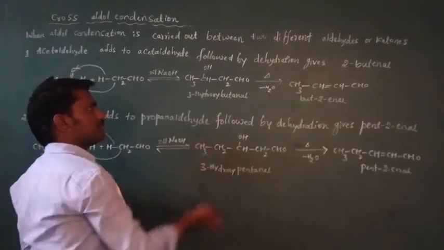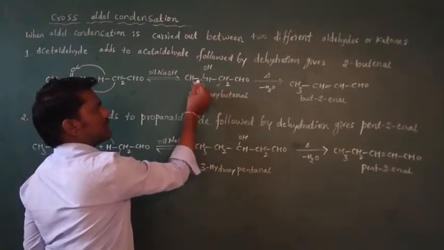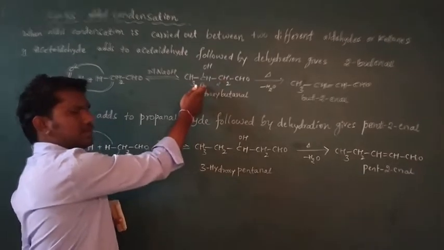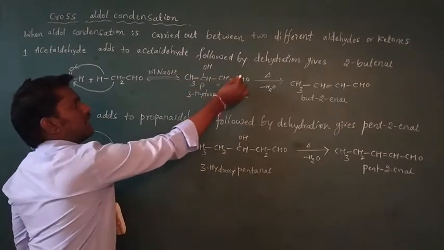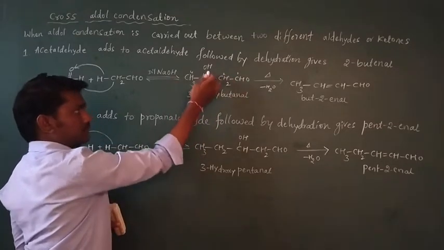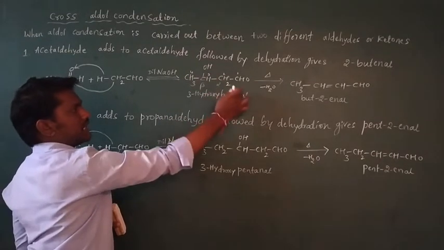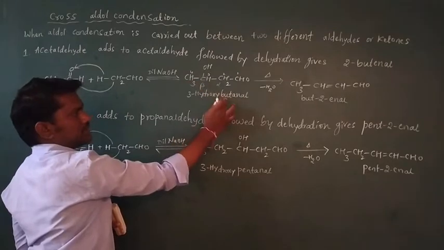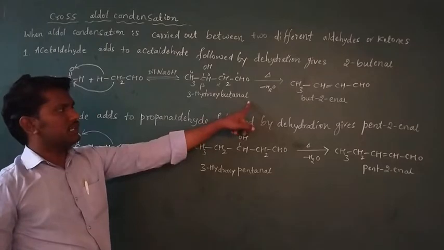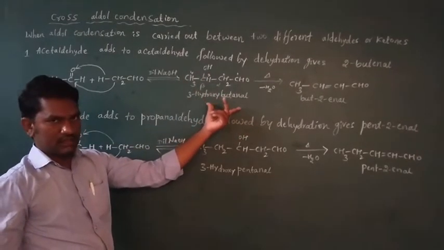3-hydroxybutanal. Why is it 3-hydroxy? The first carbon after the functional group is alpha and the next carbon is beta. Numbering 1, 2, 3 and 4, the third carbon contains the hydroxyl group. Butane is for 4 carbons, and al indicates the aldehyde as a functional group. 3-hydroxybutanal is commonly called a beta hydroxy aldehyde, or aldol.